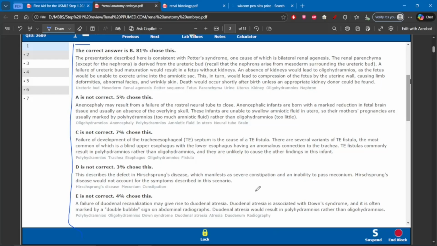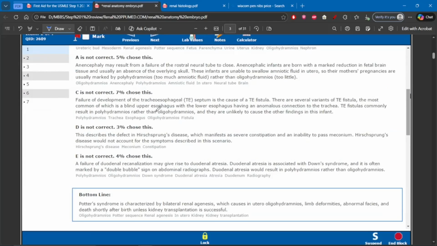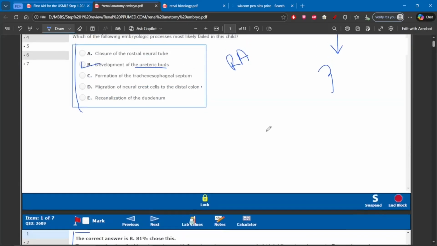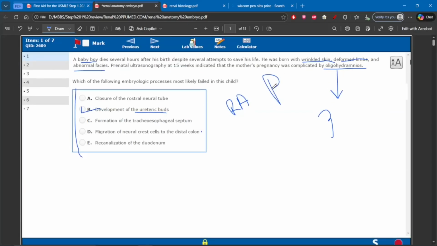There's no problem in it, but I'm not going to spend too much time on this now. I'm just going to move forward, and you can read it. The bottom line is that Potter's syndrome is characterized by bilateral renal agenesis. So yes, this was Potter's syndrome. I forgot to mention that. It's quite simple: wrinkled skin, deformed limbs, and abnormal facies is basically a triad that you must